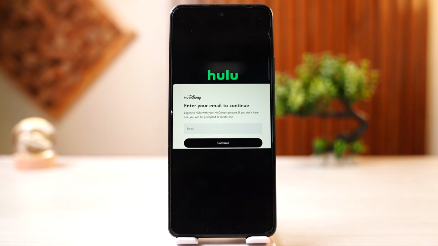into your account. However, if you're having any kinds of problem on the application, you can simply delete the application and reinstall it again. And if that doesn't solve the problem, you can simply restart your device and open the app